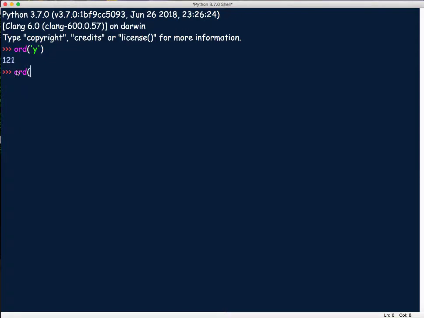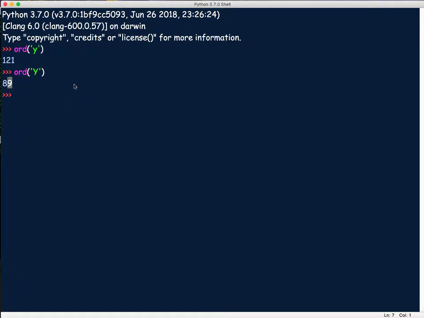Now, this is different than a capital Y. Okay? A capital Y is 89. So a capital Y does not equal a lowercase y. Now, if you want, you can go out and get a list of all these ASCII values.